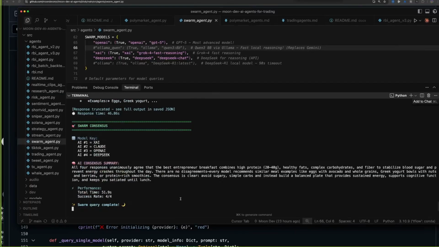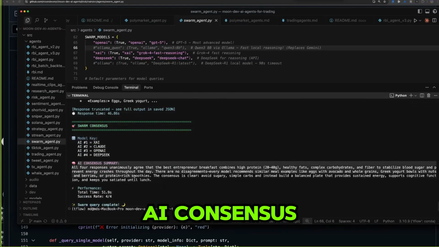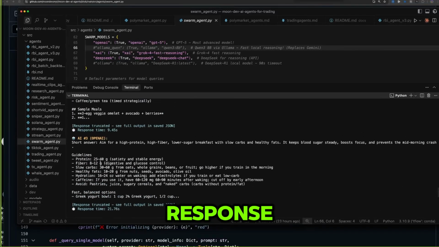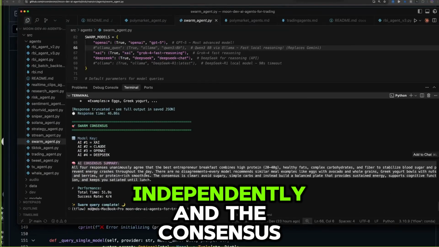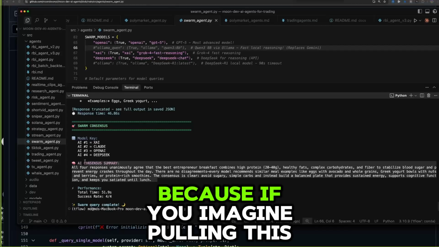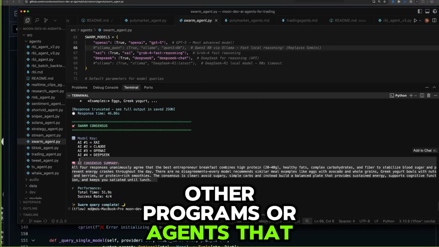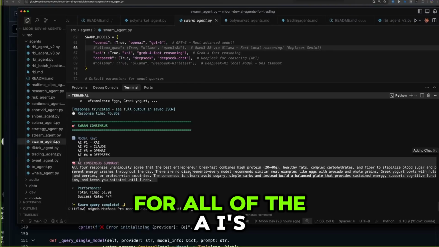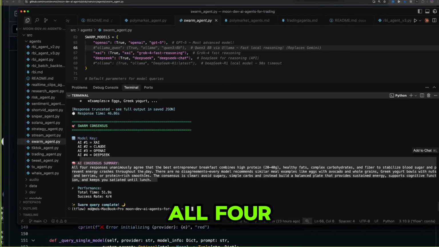And now it's sending it to a consensus model. And then it says, okay, here's the AI consensus. But I think it's important to be able to see the DeepSeek response, the OpenAI response, all of these other responses independently, and the consensus response. Because if you imagine pulling this swarm agent into other programs or agents that you're building, well, then you'll have the answers for all of the AIs independently, but also the consensus. So all 4 responses unanimously